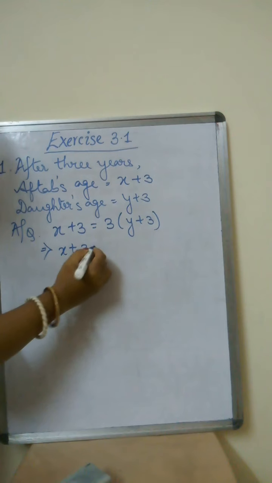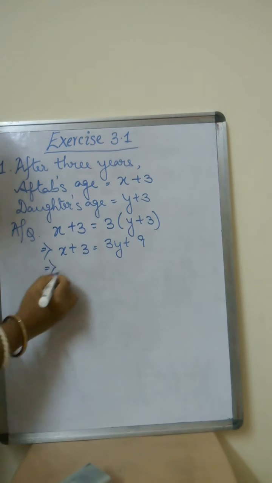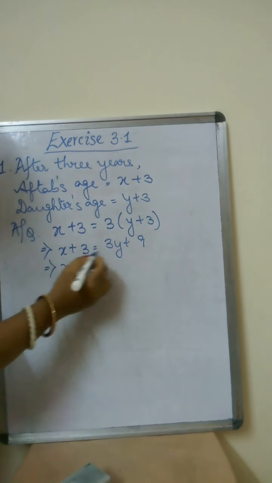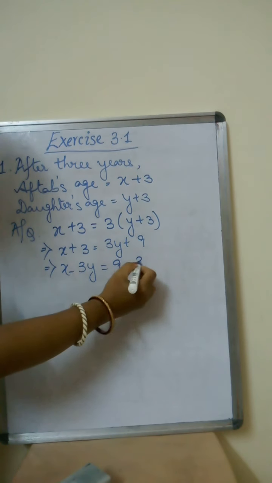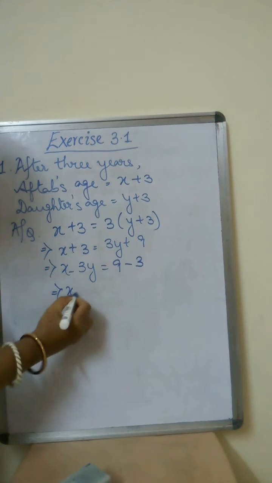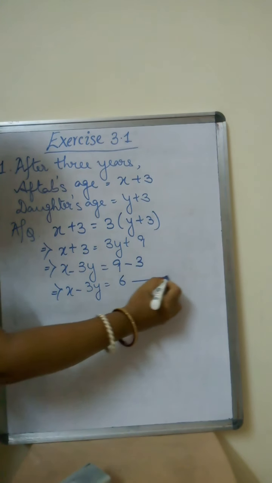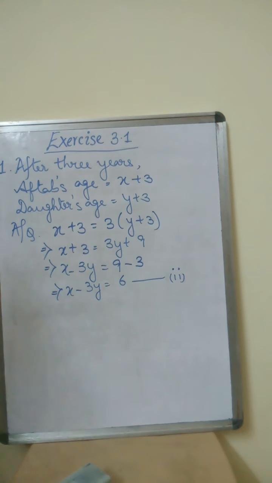Now we solve and get one equation. X plus 3 is equal to 3Y plus 9. So minus 3Y comes to this side, and plus 9 becomes minus 9 with the 3. X minus 3Y is equal to 9 minus 3, which is 6. So we got equation 2. Now we have two equations, so our algebraic part is over. Now we have to